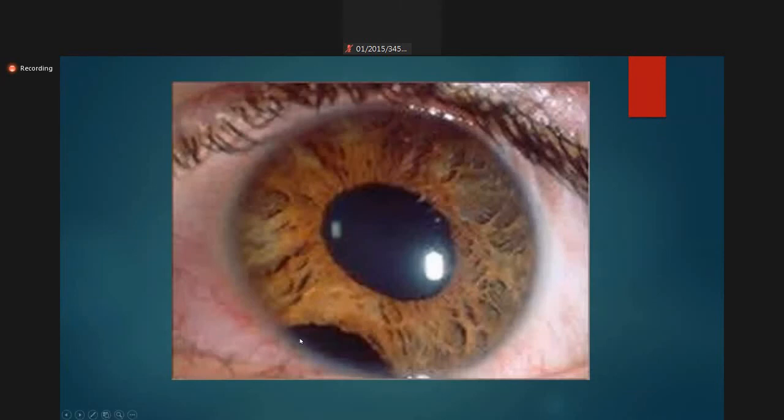This is the upper lid, lower lid. You can see this is normal pupil, but you can see the iris is gap shaped. There is a gap in the inferior iris, and it is usually due to trauma. It is known as iridodialysis. What is iridodialysis? Disinsertion of the iris at its root is known as iridodialysis. So a blunt trauma can lead to iridodialysis.